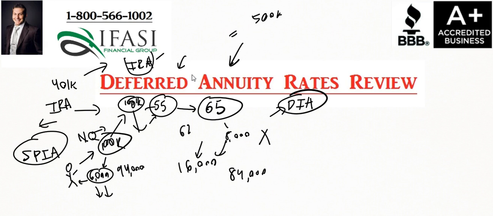So that's why I absolutely hate deferred income annuities, and that's why many times hybrid annuities are a better route in this sort of situation. Now, any sort of deferral, if somebody's 62 and they're looking to retire at age 66, that's a 4-year deferral. It doesn't have to be as drastic as a 10-year deferral or a 15-year deferral. It could be something as small as a 1-year deferral or a 2-year deferral.